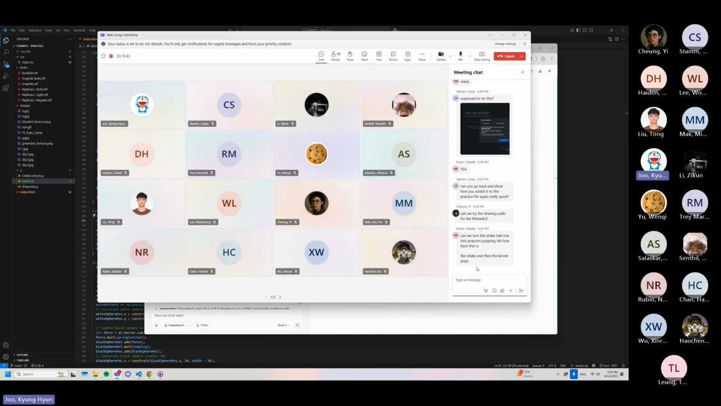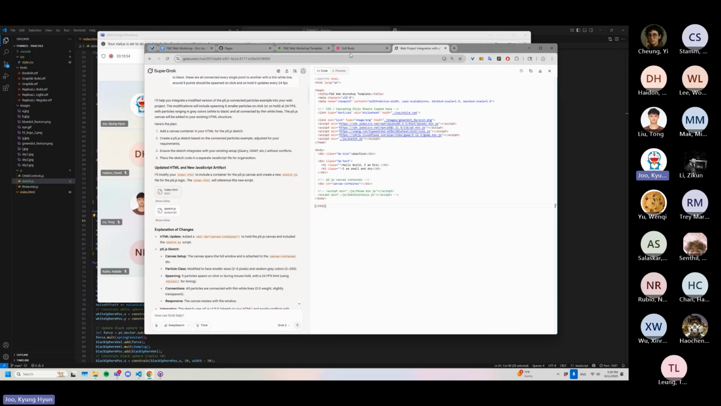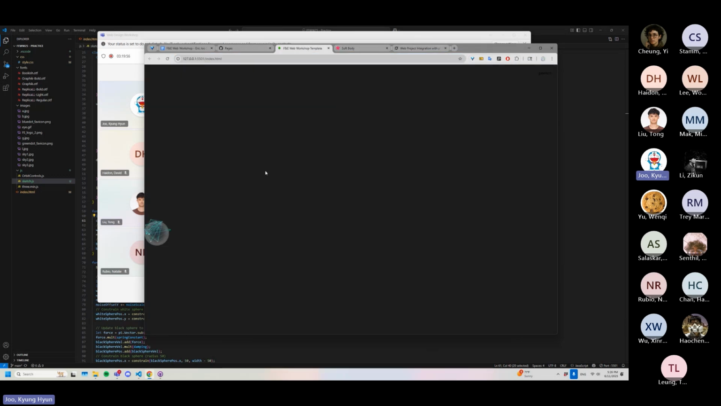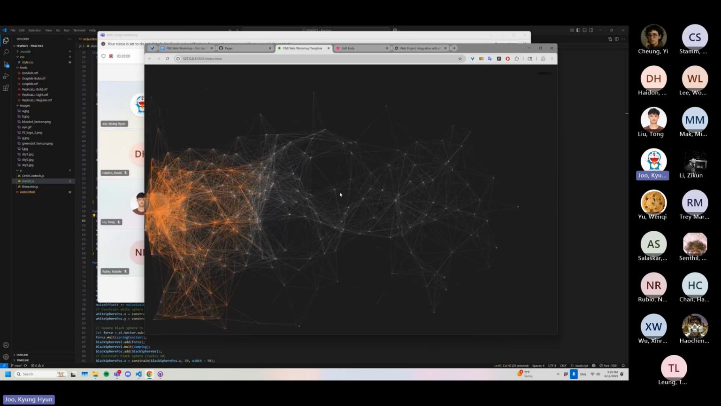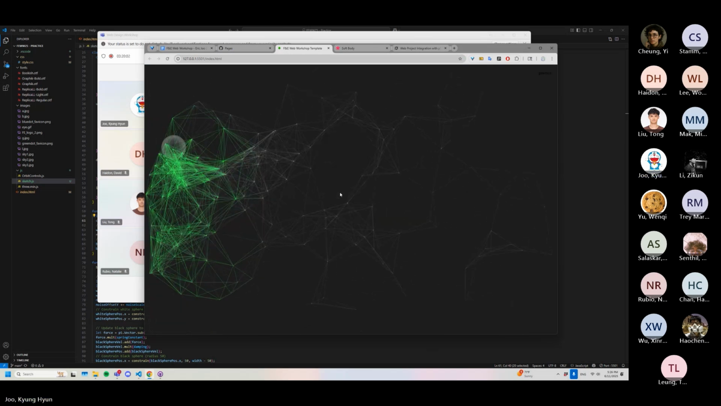Can we try drawing the walls for the fish tank? Going back. Can we turn the shake ball one into popcorn popping? Yeah, okay. So popcorn popping. I think that's an interesting idea, right? So we got these disco balls. So how about this? Instead,